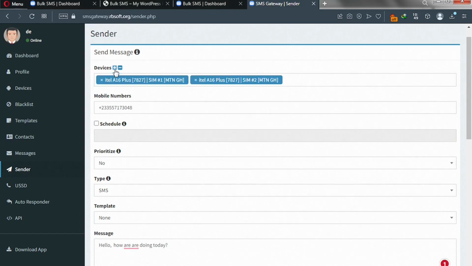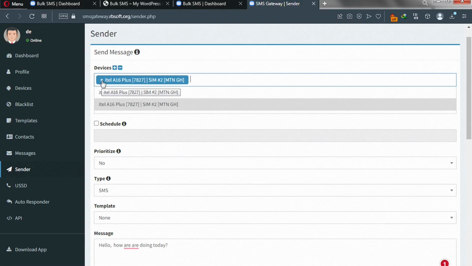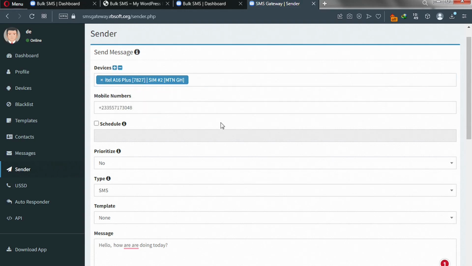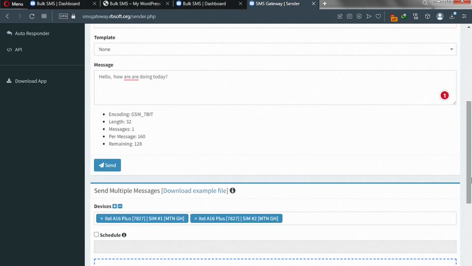So I'll just click here and pick only SIM 2 like this, and then we are done. So I'm using SIM 2 to send my messages, and the message will be sent to this number. If you are sending to one person, scroll down and then we click on send. Okay, just click on send